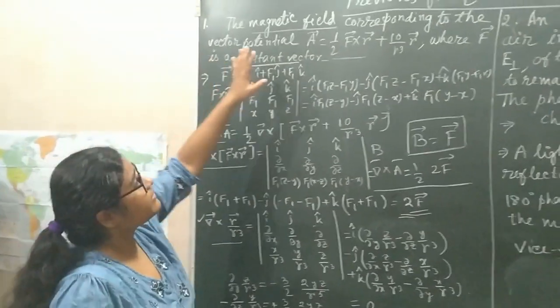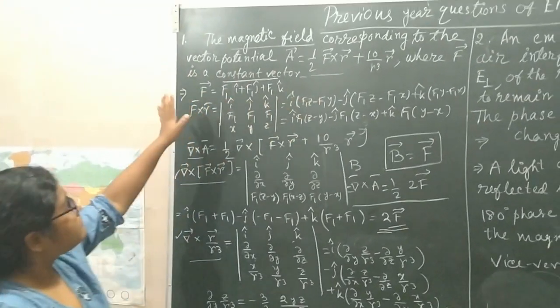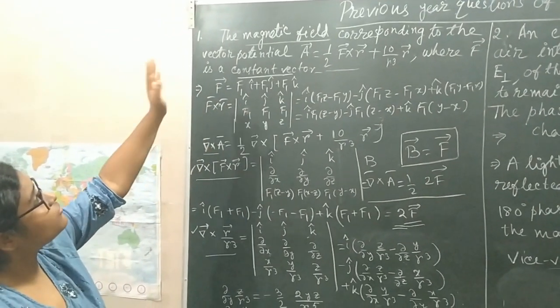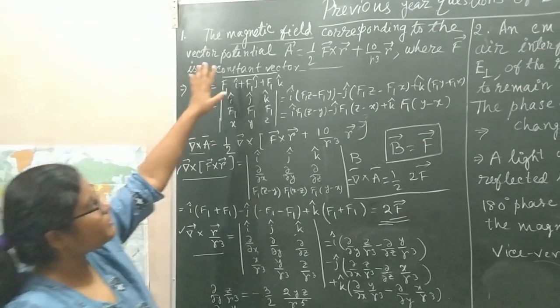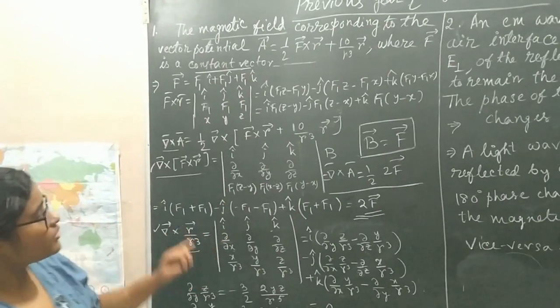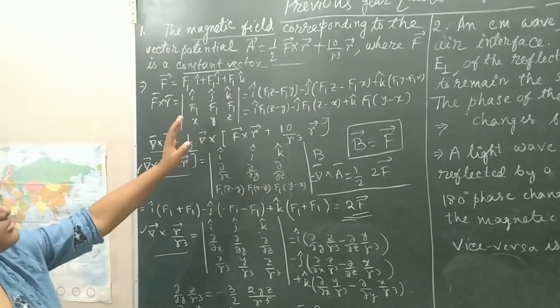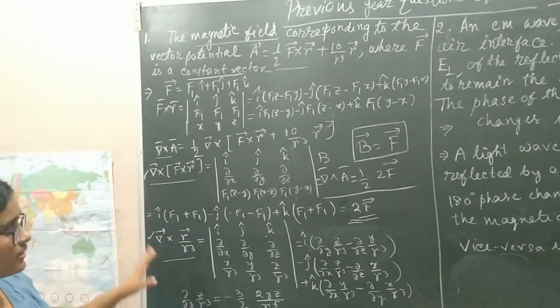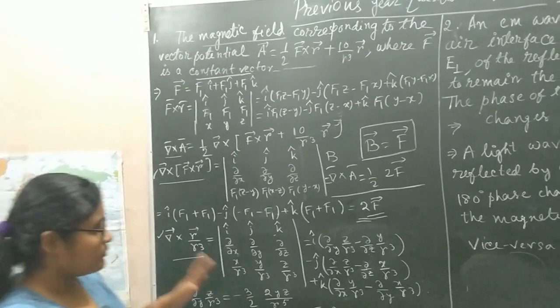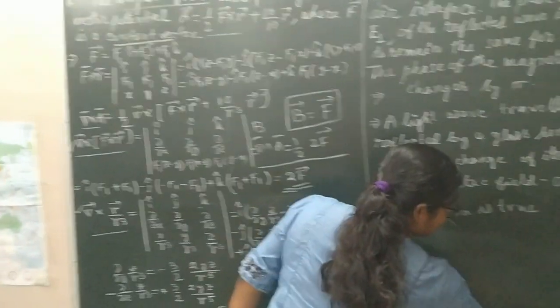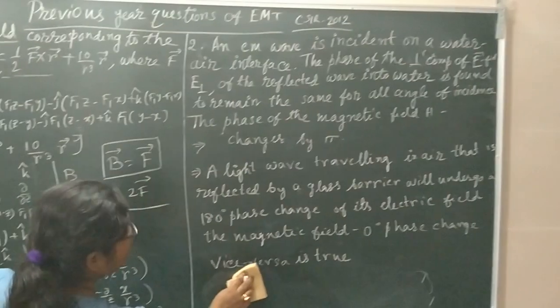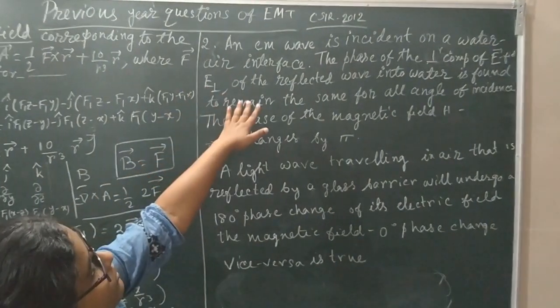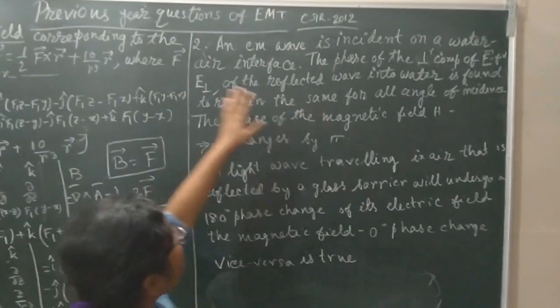Whenever you are given the vector potential A and you are instructed to find the magnetic field, you have to take the curl of the vector potential and you will find the magnetic field vector. Okay, so let us proceed to the next question, which is: